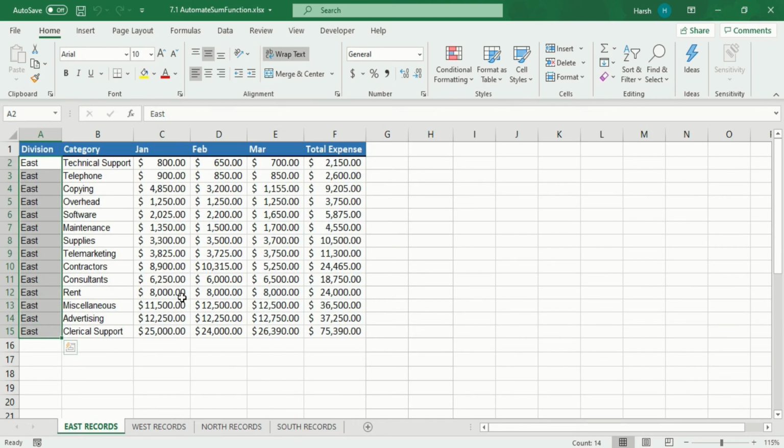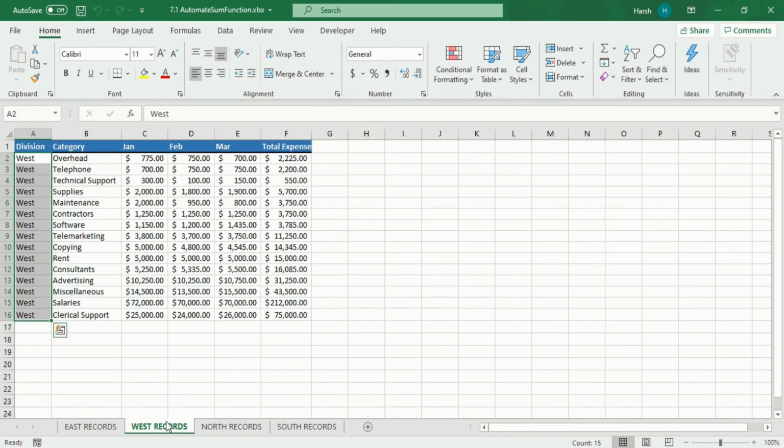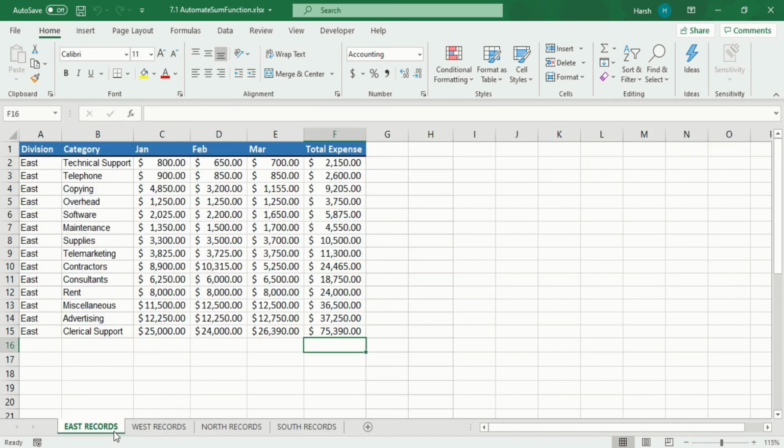So this is our basic data, and we want to accumulate the sum of the total expense here. But the problem is that I want to create an automated experience to sum all these sheets, not just create a record one by one, repeating it for each sheet. I want to create a code so that if I click on it, a sum is created for multiple sheets. That means it will create a sum of all the digits present in here. So what will I do?